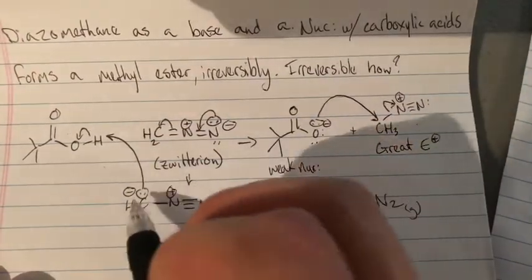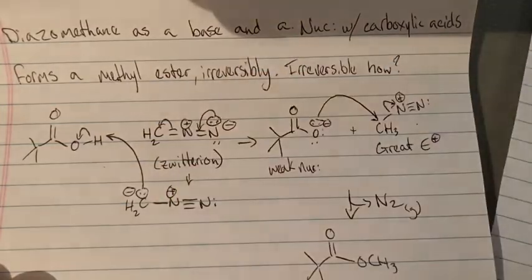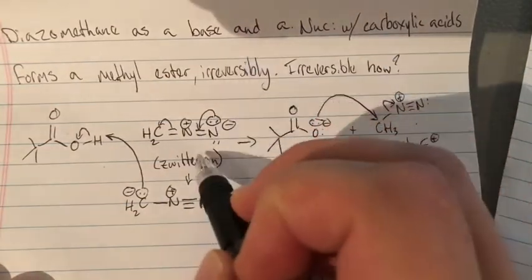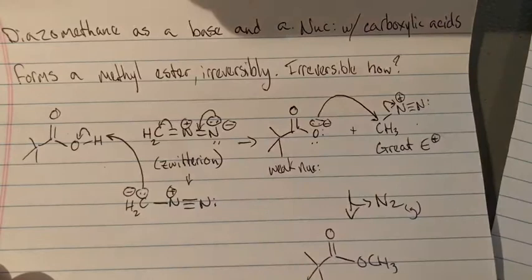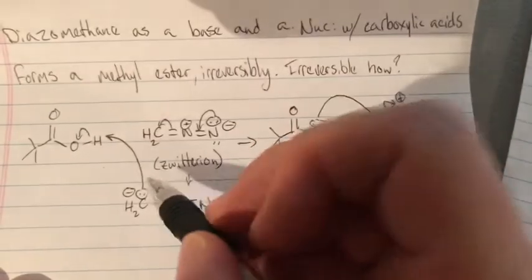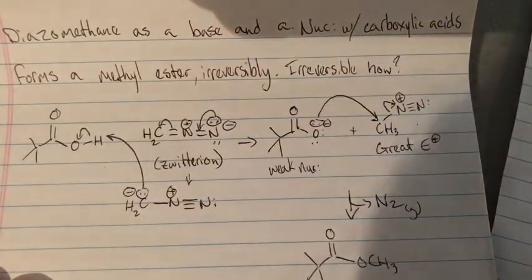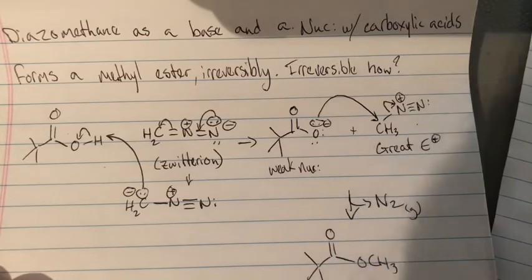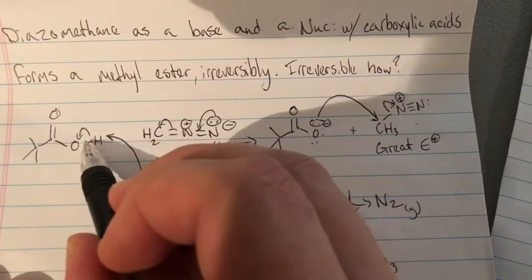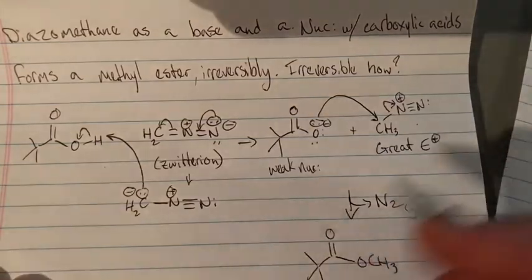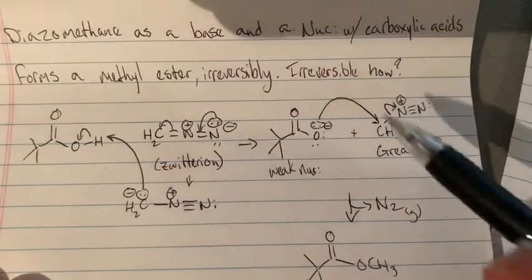Okay, so the first step here is, like I said, diazomethane acts as a base. So it's this ylide ion. You know, some electrons can shuffle around, but it's going to be net neutral as a species. So you'll see it as CH2N2, you know, under a reaction arrow or what have you. Now, this basic carbon is going to pluck off that hydrogen like, you know, hot item, and like toilet paper these days, yeah. And then oxygen, electrons are going to go back to oxygen, form a negative charge, conjugate base,